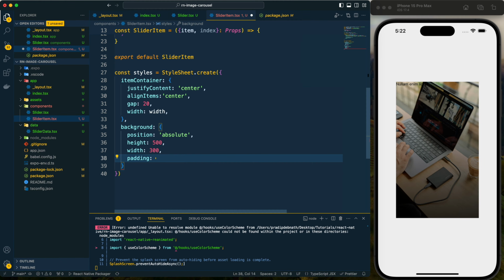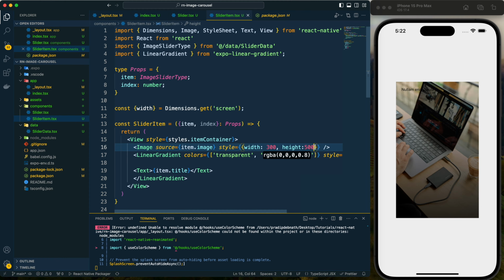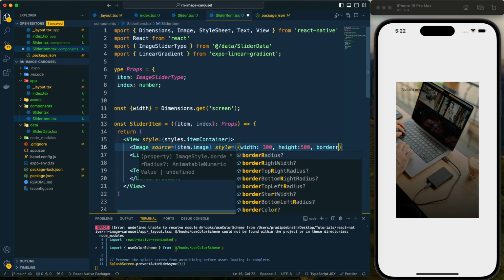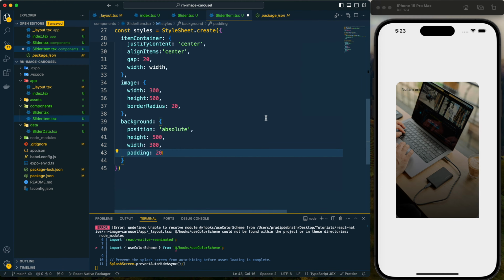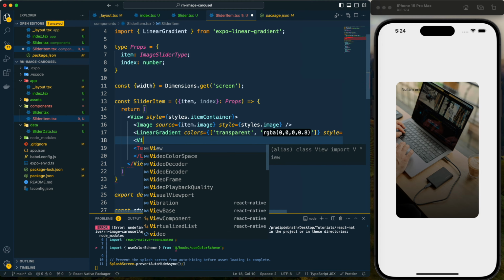Along with that let's provide a padding of 20, and now I want to provide a border radius to this image, which will be 20. Now as I have provided a border radius of 20 to the image, I need to provide that same border radius to this background also, because in this linear gradient it is not showing that. Here it is showing the border radius because we have the transparent color, but here as we have this dark color, we don't have the border radius. So that's why I need to provide the border radius to this linear gradient also, and now it's looking good, right? And now let's provide the content here.